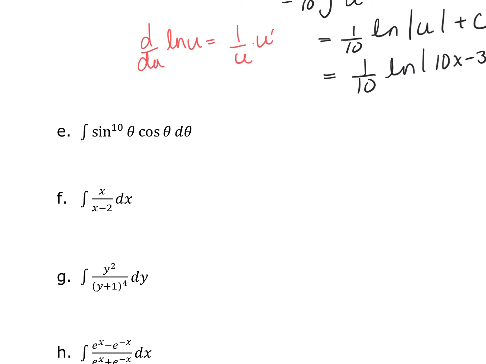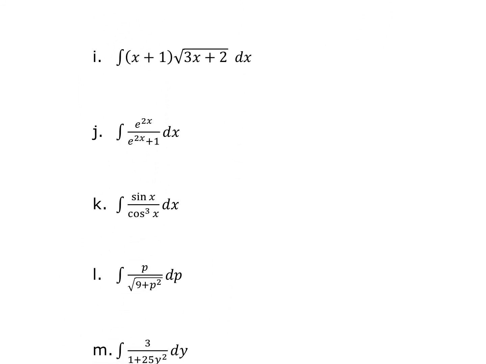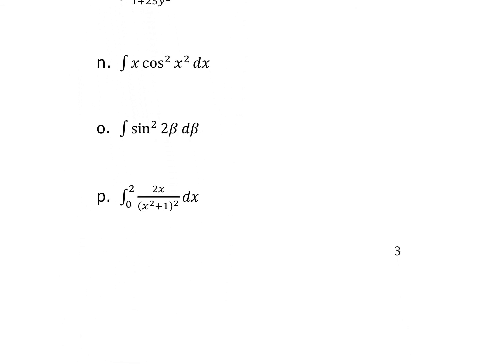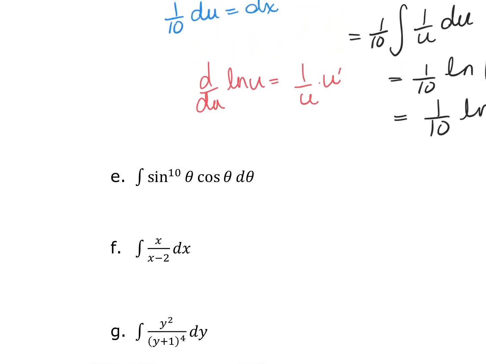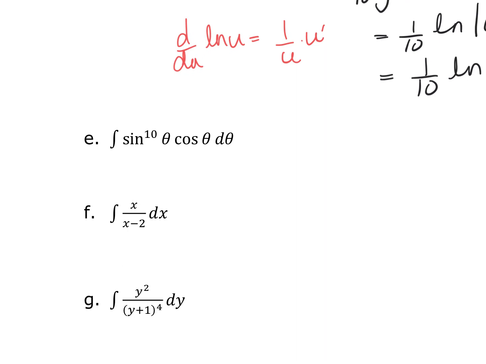Let's take a look at a couple of other examples here. In fact, I got a whole bunch of examples. It's just a whole bunch of u substitution examples, and I want to really focus in on a couple of them. One of the first things I want to focus on is this letter E here, sine to the 10th. Whenever I have sine and cosine, where one has a power and one doesn't,